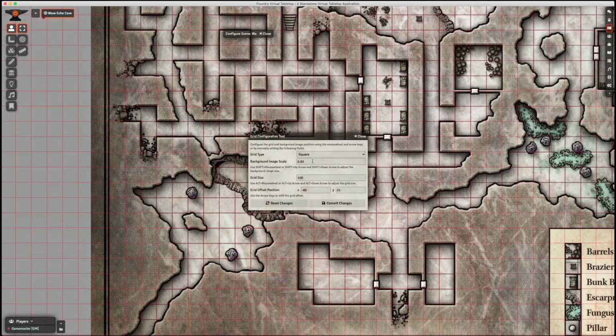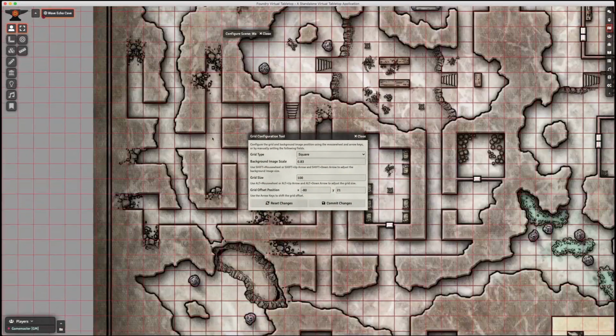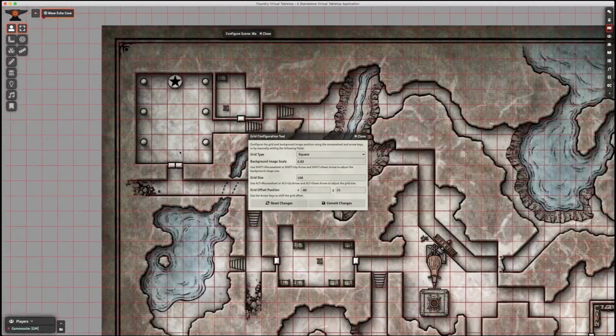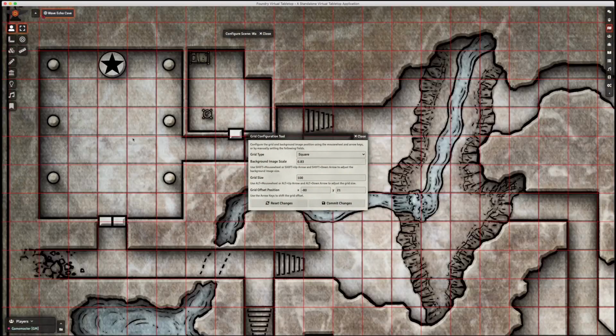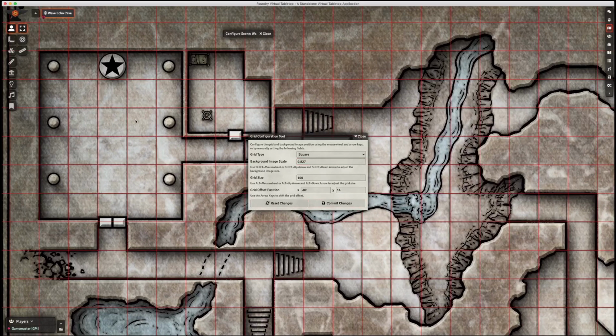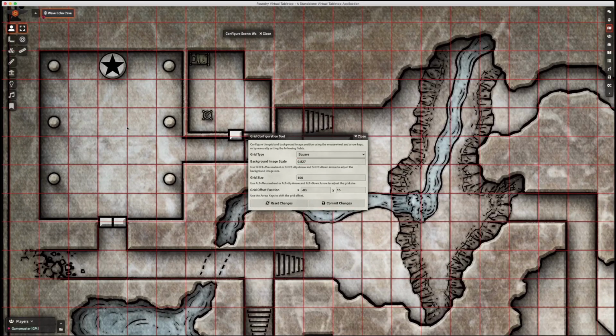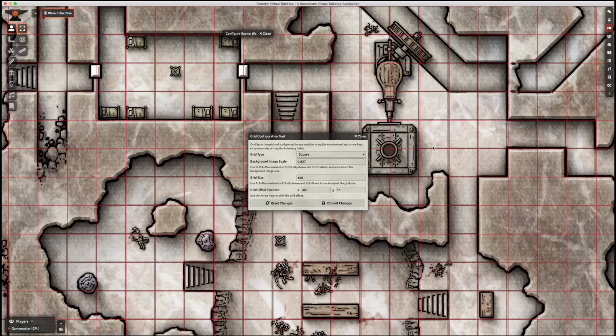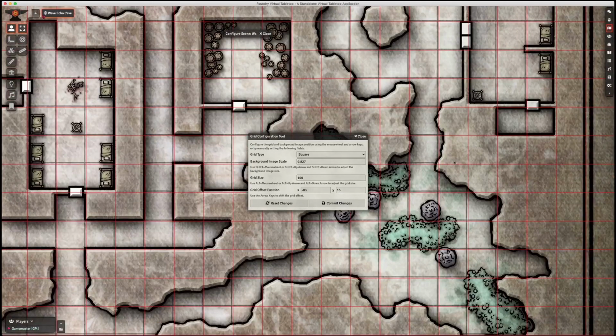So if we go and split the difference a little bit more, instead of 0.83, which is a little bit too big, let's drop that down to 0.827 maybe. Again, we'll realign an intersection up in one corner, come down to another. That's a little too small. Let's go up a tiny amount to 0.828,